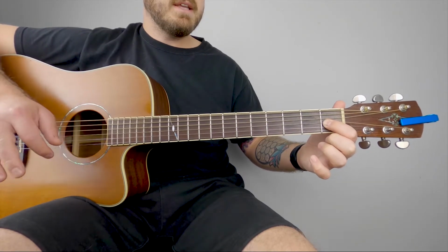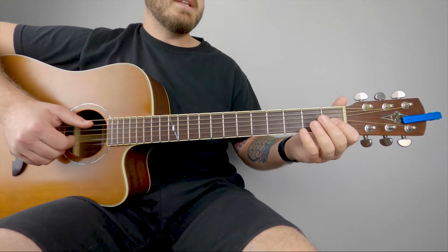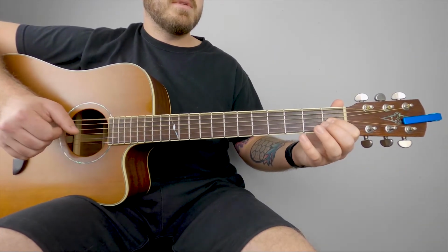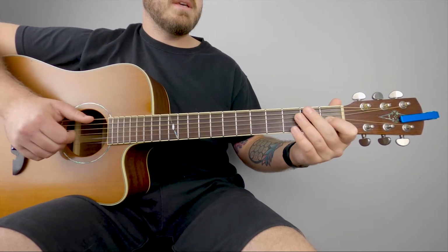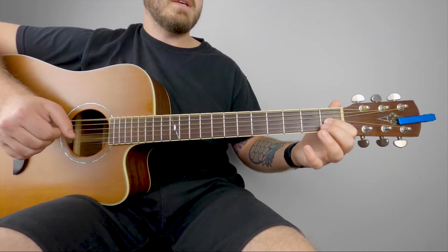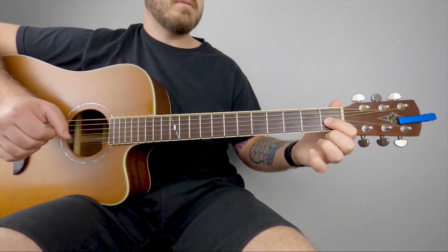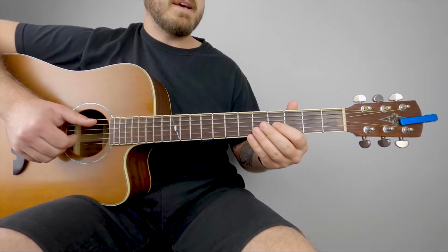And now finally it ends with you just staying right there on the first fret of the G and using that same picking pattern from the beginning of the song. Both together, E, G, E, both together, E, G, E. And then it starts all over. So that entire second half looks like...